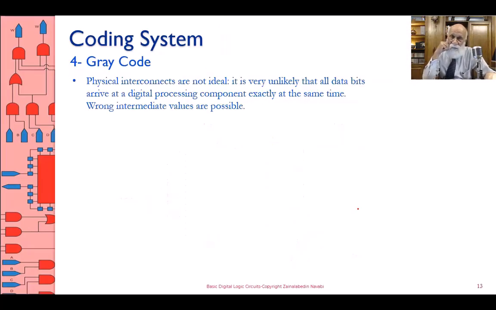All right, there is this other thing, which is another coding system. See, we are talking about coding systems. So one code to the other to the other. Another coding system is called gray code. See, this is the story. The story is,